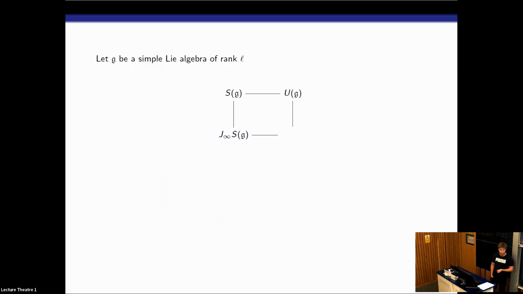The top row is basically the PBW theorem, of course, associated to a not necessarily simple Lie algebra with universal enveloping algebra U, and its associated graded, or classical limit, recovers the symmetric algebra. We also have these affine versions, one of which, the arc algebra J infinity of S of G, appeared in Hans's talk, and that's an example of a Poisson vertex algebra, with a class of vertex algebras associated as well, but now they depend also on a level parameter k. So there's the universal affine vertex algebra V_k of G.